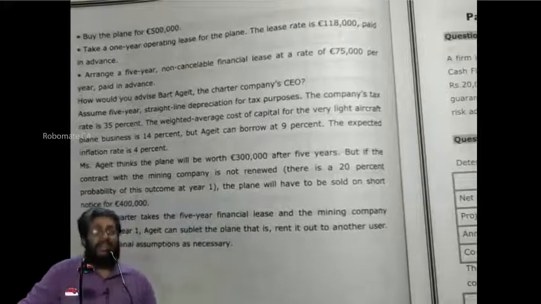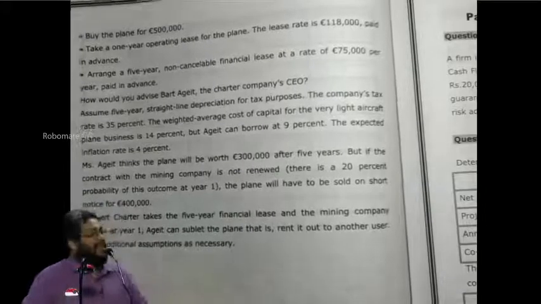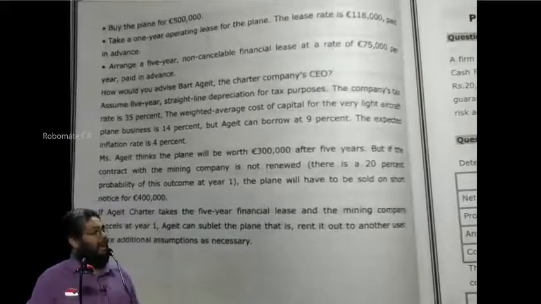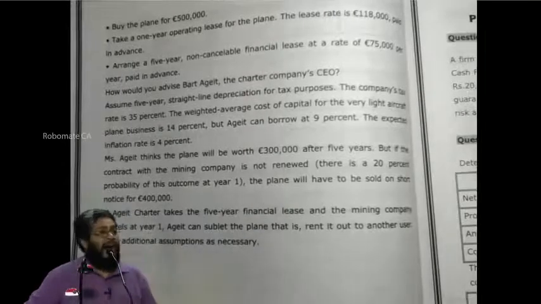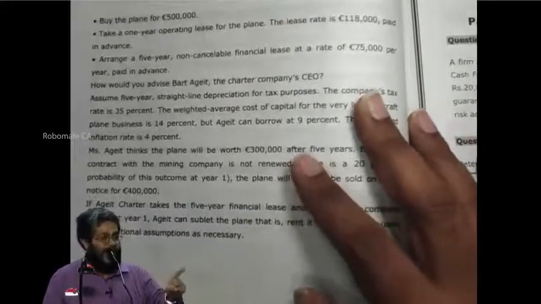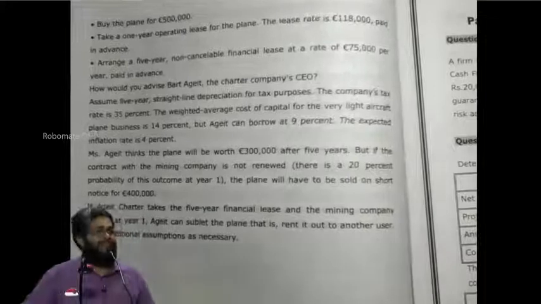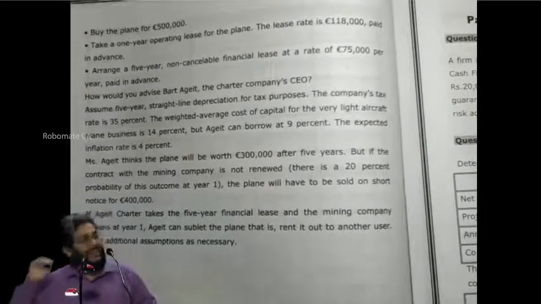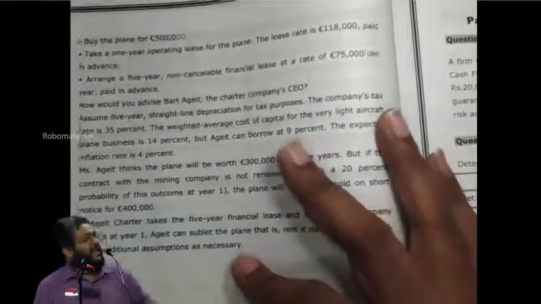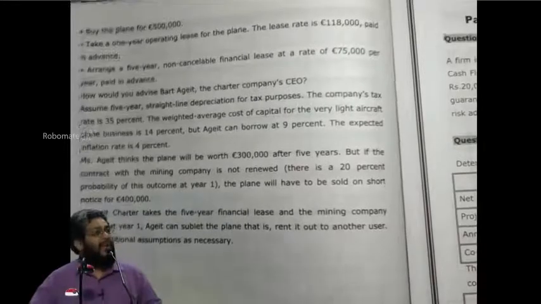Operating lease means I have to pay lease rental at the beginning. Generally, most of the operating leases have to be paid first and then you take it. Yes or no? I have to pay how much lease rental? 1,18,000 euros lease rental at the beginning. Yes or no? Now, if the contract is for only 1 year, I pay 1,18,000 euro and that's all, the matter is over, because I don't renew it once again. Yes or no? But if the contract goes for 5 years, since I am taking on operating lease,